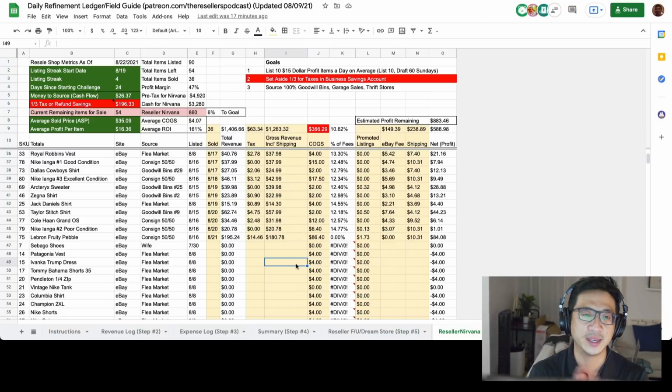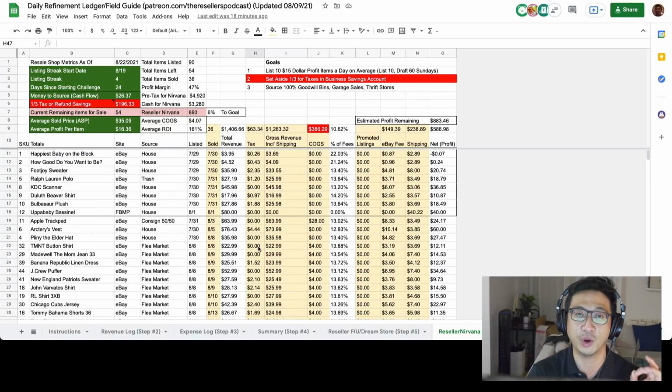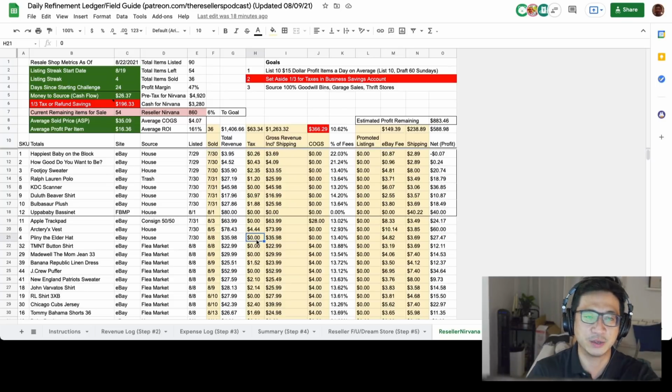I actually picked up a Burberry coat that I'm going to sell, not on eBay, because I don't want to risk the health of this new store. It's not in the ledger yet. I wasn't even sure if I was going to include it in this experiment, but I probably should, because if you're out there looking for home runs, you will find some. And that's a huge come-up because I only paid, I think, $3 for a $300 coat, right? So that's something that would blow the lid off of this experiment